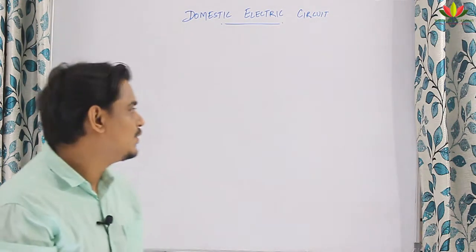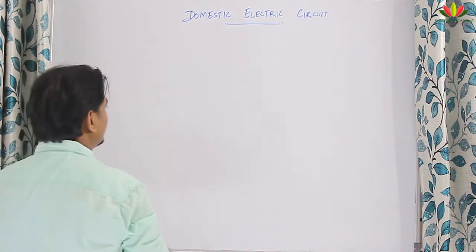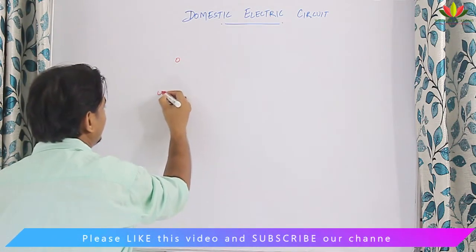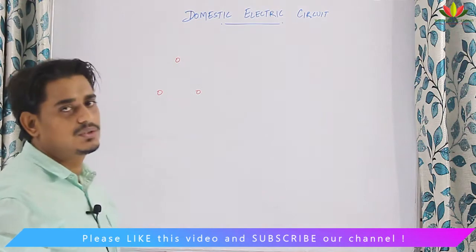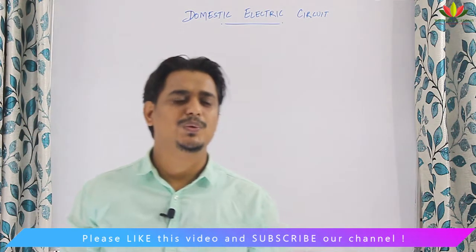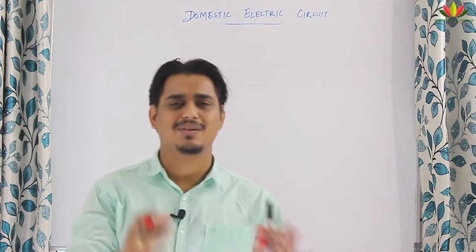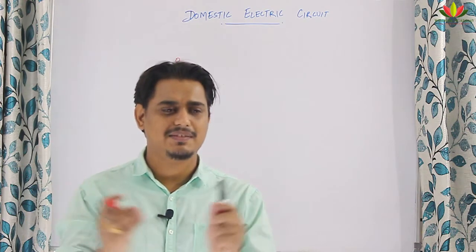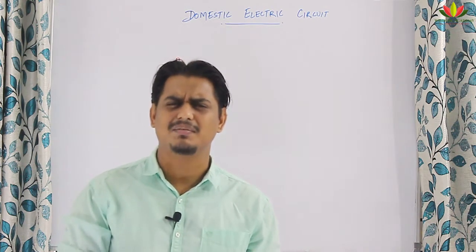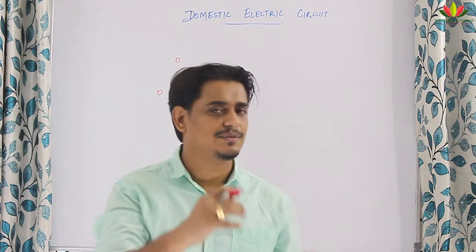For example, you would have seen this kind of arrangement. When you are putting a pin, there will be 3 pins. So 3 pins, generally what we think is that one wire is positive, one wire is negative, and when the positive and negative are combined, the circuit is completed. That's what our basic thinking is. But actually there is a different meaning of it.